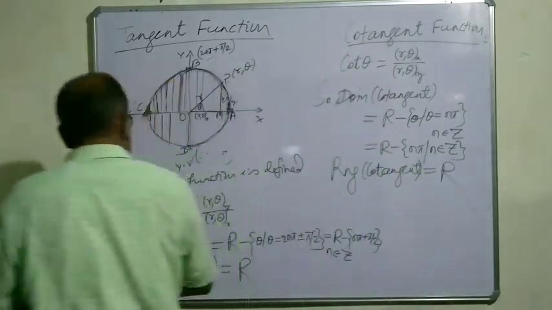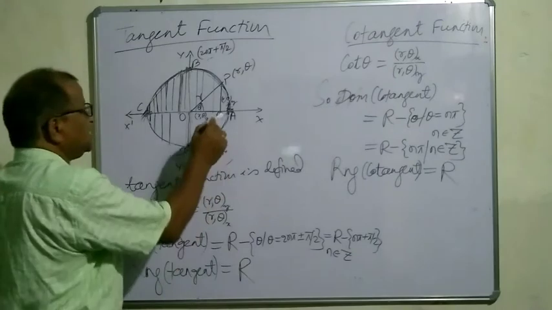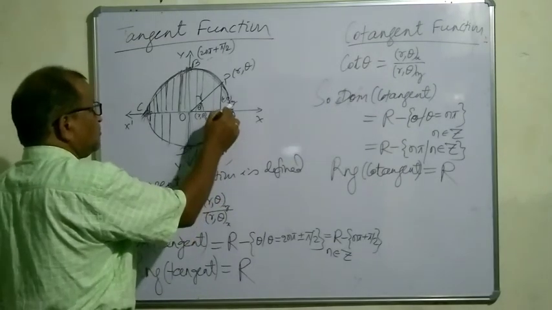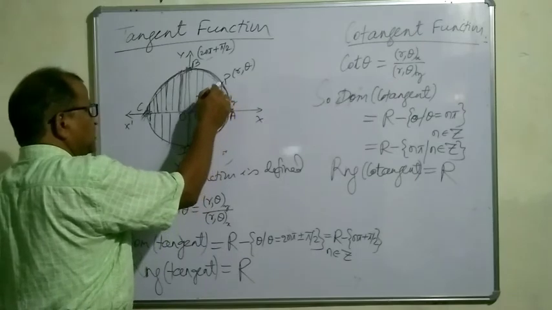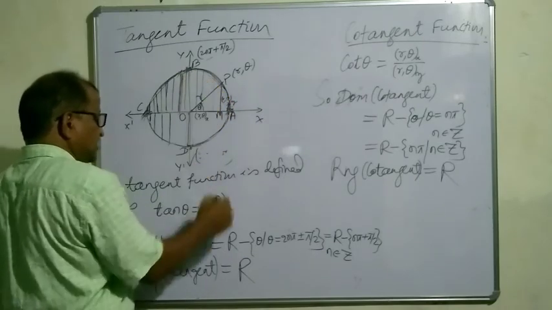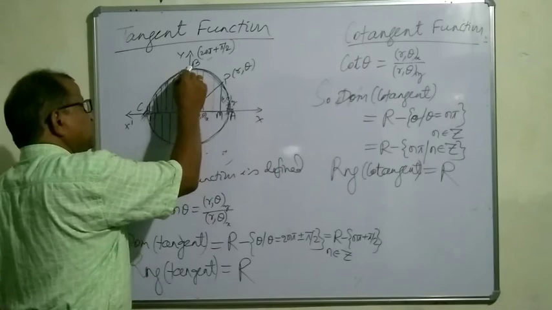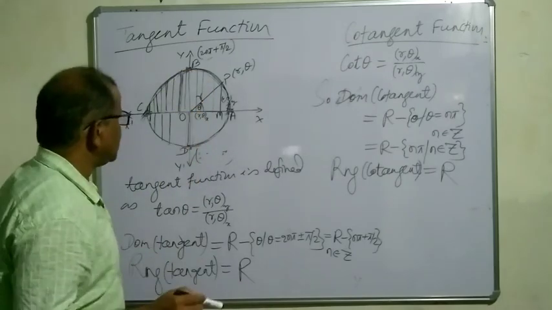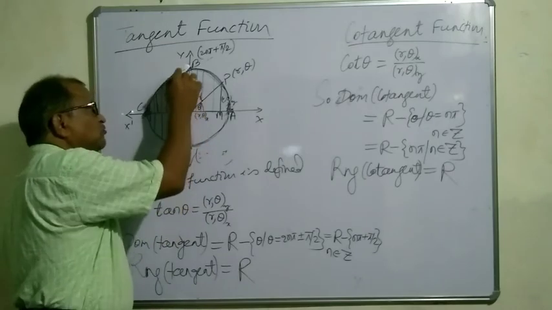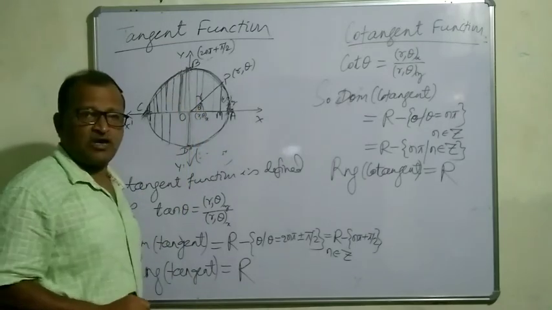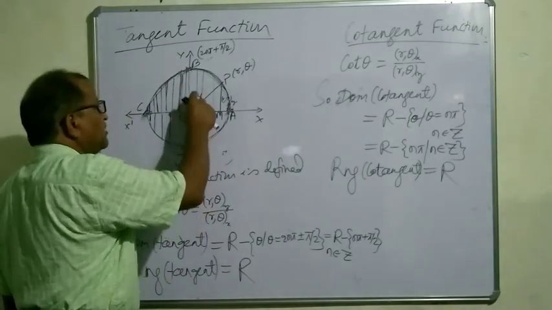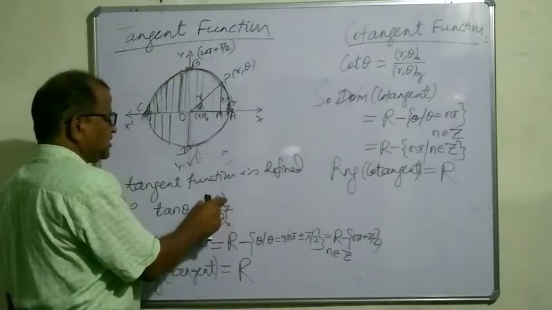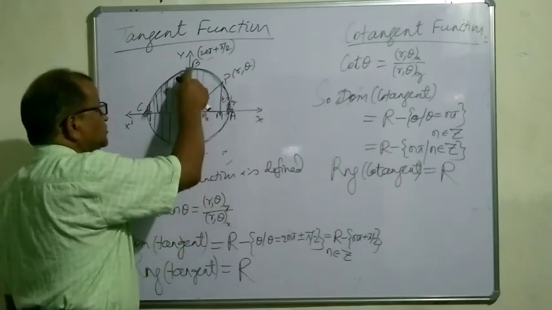Yes, in case of the tangent function, you see this was 0. The y coordinate is 0, and gradually the y coordinate will increase and decrease. R theta x will decrease when nearer to 0. When the x coordinate becomes 0, that means theta will approach pi by 2. R theta x will be small, so the ratio will be large. That means it will approach infinity.